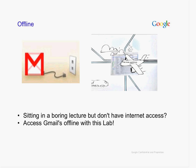Another lab that you can enable, and we actually have a video here in the presentation that we won't watch now, but you can access it just by clicking in the presentation, is Gmail Offline. What this allows you to do is access your entire inbox and compose messages, read messages, do any of those actions that you would want to do even without an internet connection. So if you're on an airplane and you're not fortunate enough to have internet access on that flight, or you're sitting in a boring lecture, whatever the case may be,